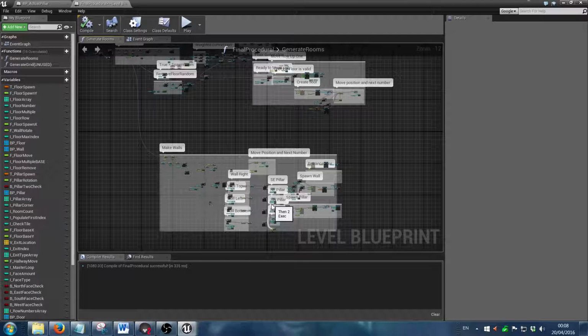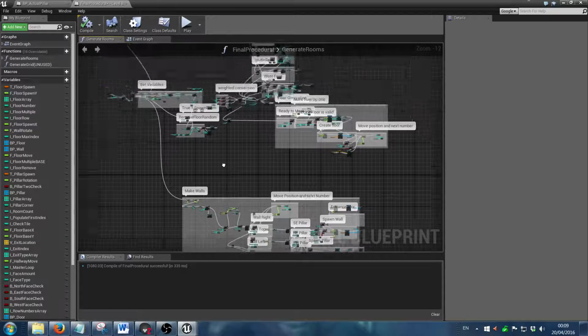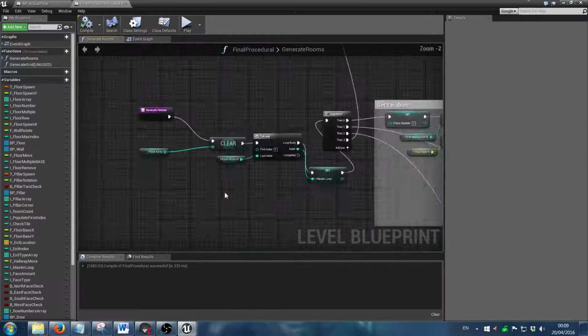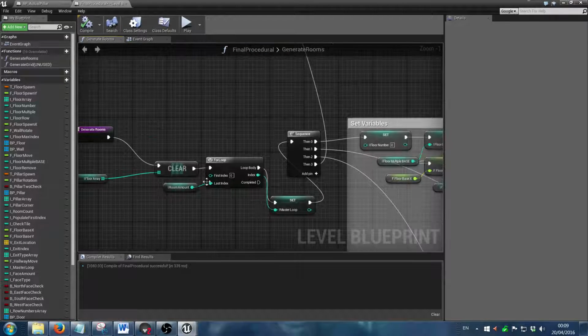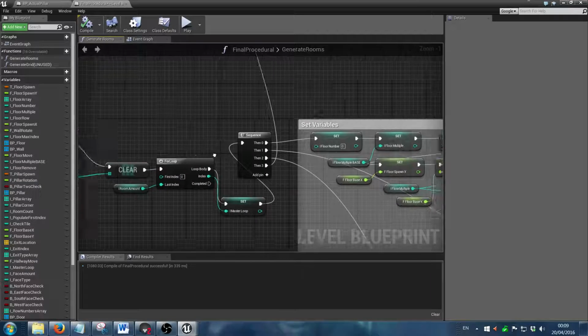If I were to finish this all completely, then I would put it together and make it much more optimal. But let's get down to it. So we start here. We're going to loop this entire thing by the amount of rooms, and we're going to